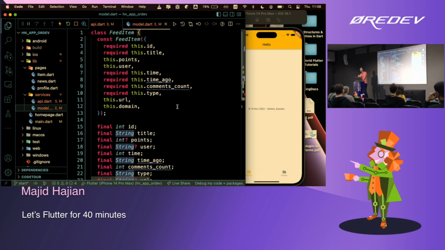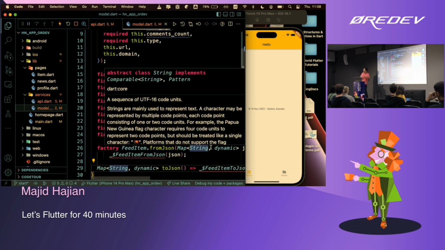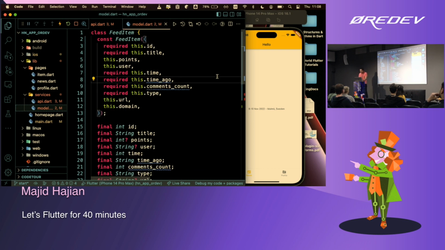It comes with code generation. So code generation helps you to get away from these repetitive things that you need to do. For example, turning a JSON or a map into a Dart object. Or the other way around. Your Dart object needs to be a JSON because you need to pass it to your backend, for example. Exactly the same thing I'm doing here. So you have a library for that. In order to do code generation, you need two libraries, at least one for generating the code, and based on what you want to do, that other package.